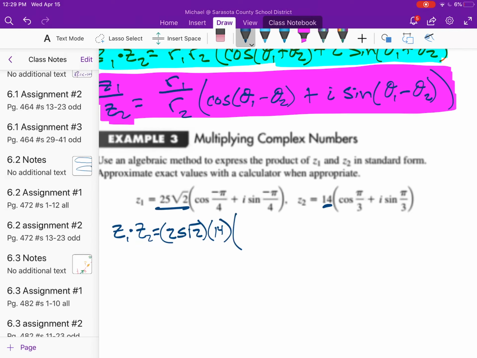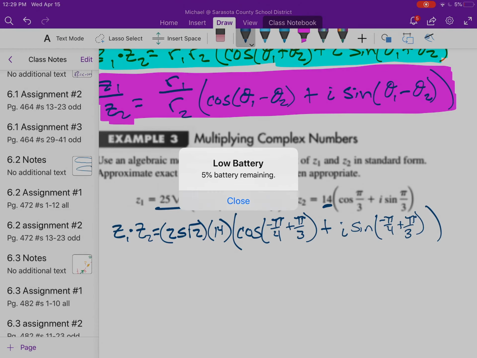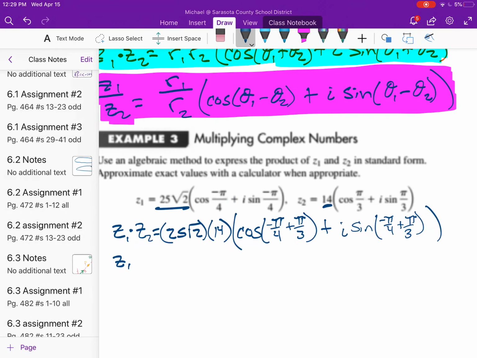Inside the bigger set of parentheses, or brackets, you take cosine of negative pi over 4 plus pi thirds, plus i times the sine of negative pi over 4 plus pi thirds. All I'm doing is following our basic formula. So we have Z1 times Z2, 25 times 14, which is 350,